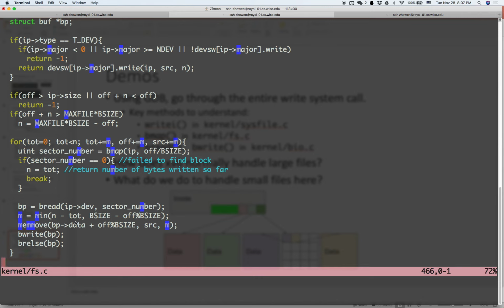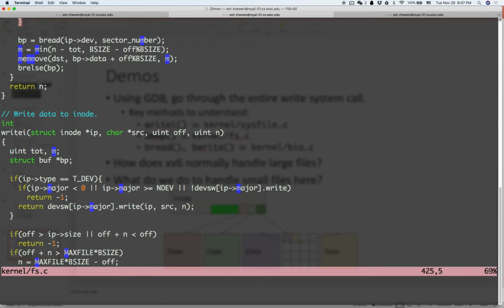What are we in here, writei? Sorry? What are we in here? What is showing? Writei is called by filewrite. What function is that? This is fileread is already